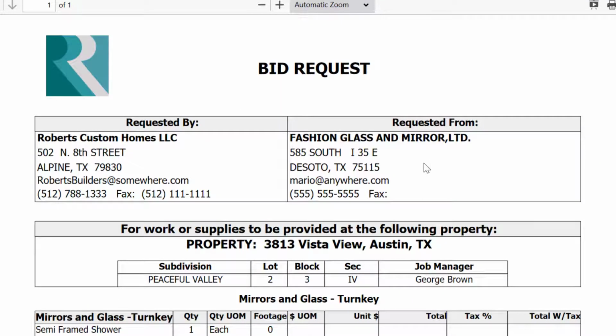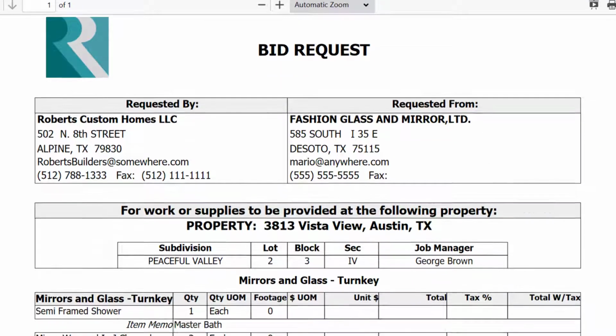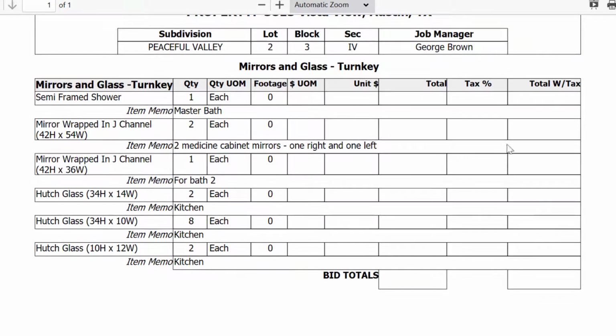This is a bid request going to Fashion Glass that CHS has prepared for you as a PDF. And notice it's showing our quantities in here, our various items. And then they have a place here. They see the quantity, but there's a place where they can put in the unit price, the total, the tax